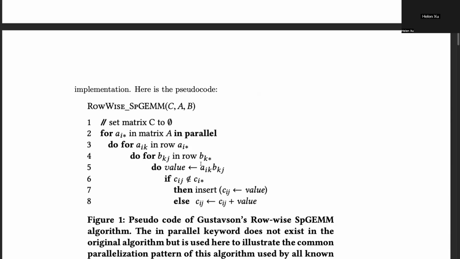The first few lines, until line 5, we're just doing element-wise multiplication of A and B. And then we are checking if the intermediate product which we got currently will be directly contributing to C in the current processor, or whether it needs to be communicated to another row of the